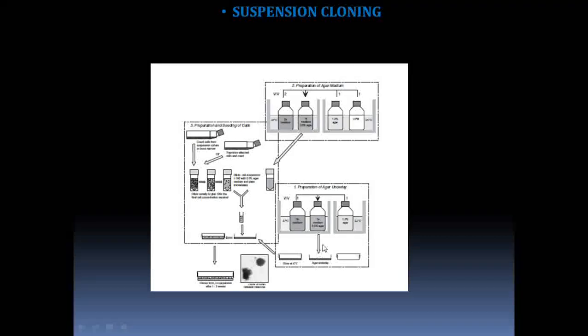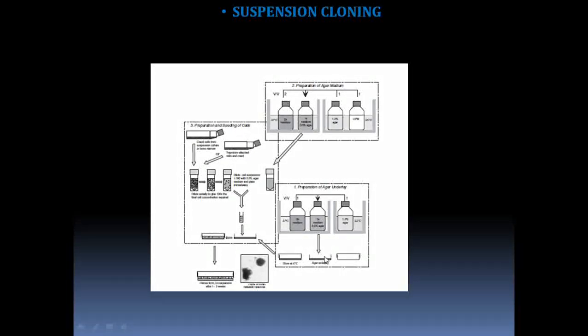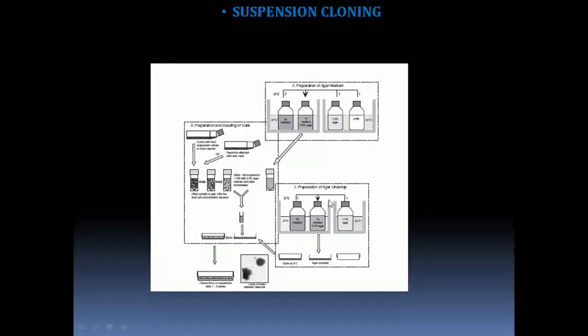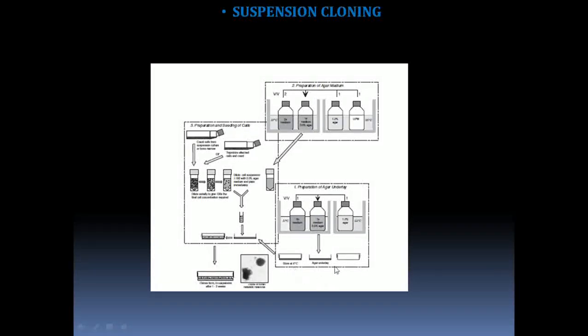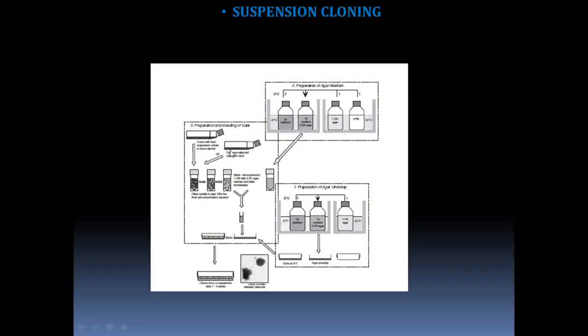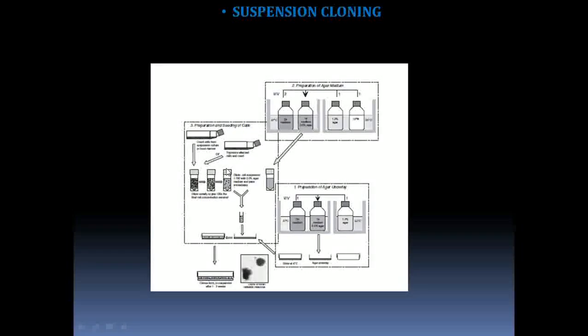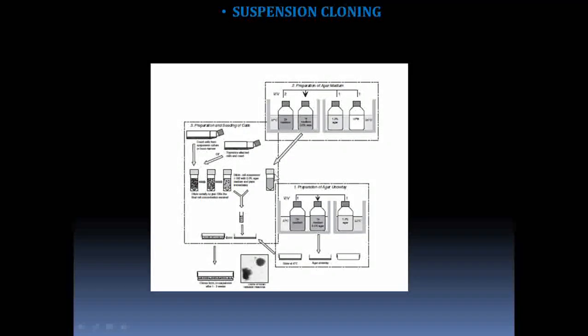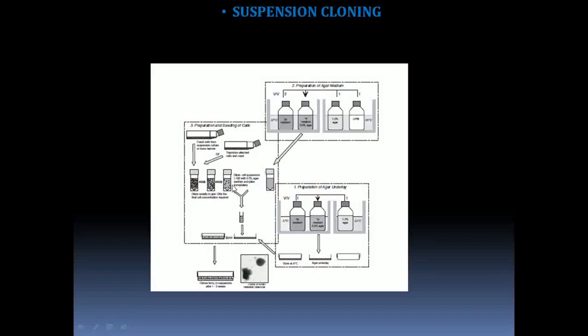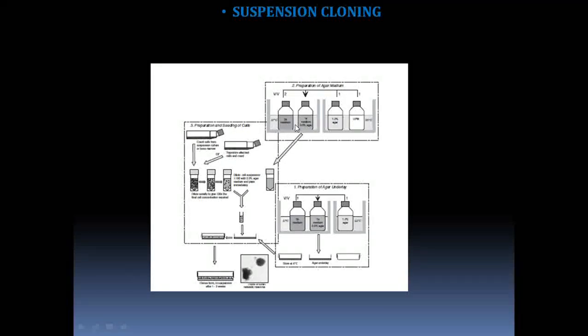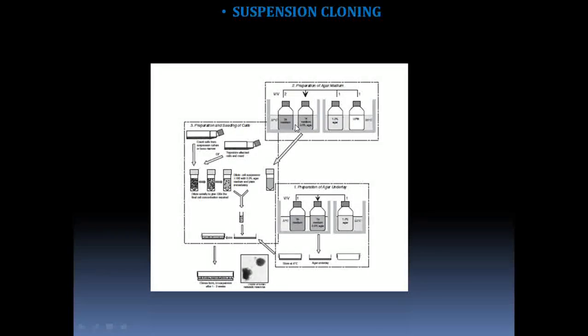The medium that you have added is for providing nutrients, and agar is the gelling agent. So you underlay it and allow it to solidify. Underlay, right? So this plate is ready for your seeding purpose. On the other side, for the suspended cultures we are going to prepare, we need an agar constituent which will be the overlay. Here this is the underlay, and this will be the overlay, in which our cells will remain in a suspended form.